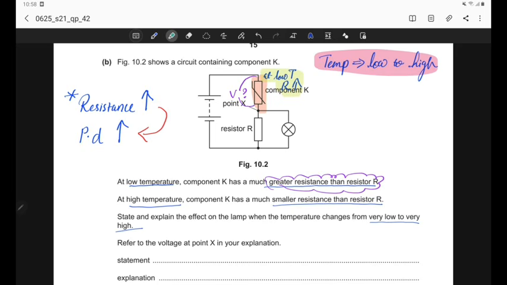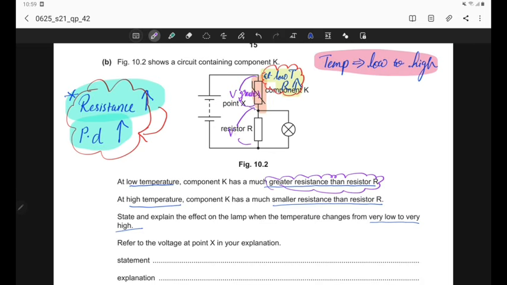So this is a very important point you need to remember always: when the resistance of any component is greater, the potential difference across that component will be greater. Therefore, using this concept, here at low temperature, as the resistance is greater, the voltage across this component will be greater comparing to the voltage across the